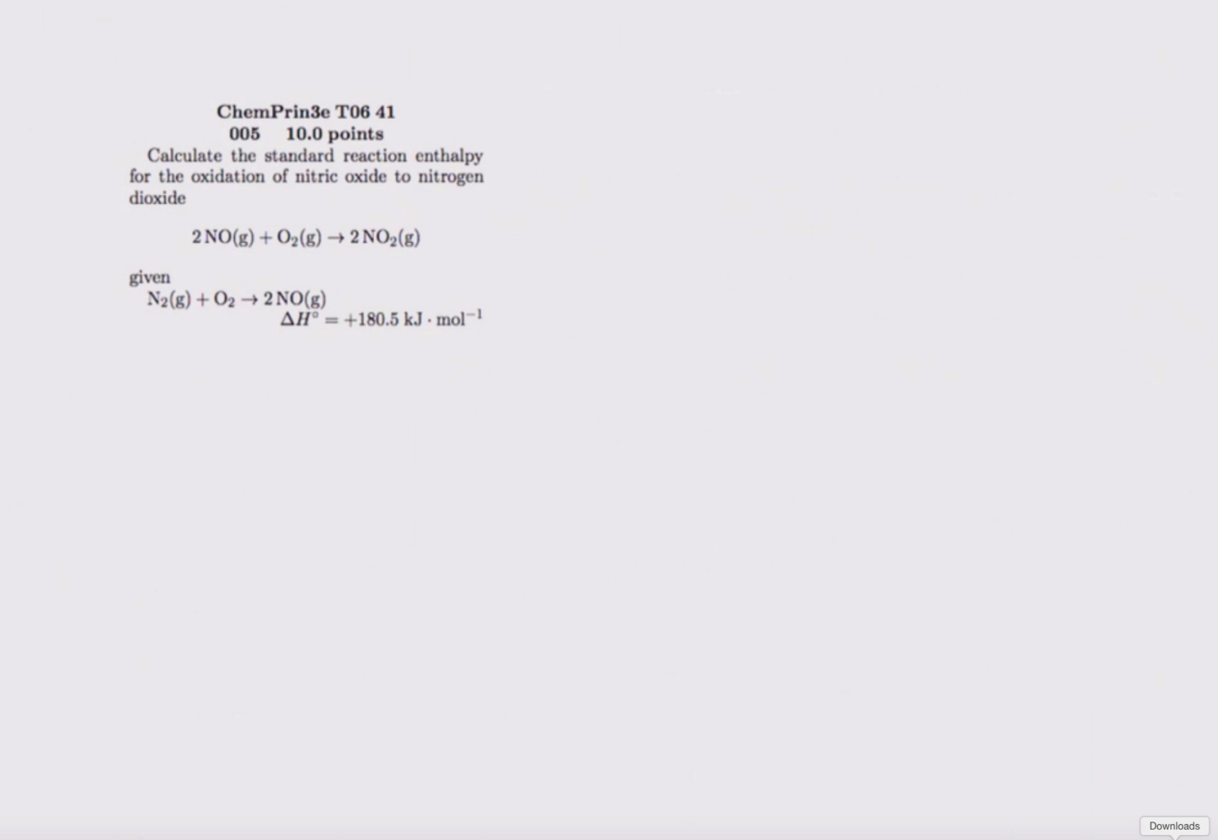Okay, so we need the standard reaction enthalpy for this one. This problem got cut off, so I'm just going to recreate the information that's missing, and then I'll give you the answer at the end when we show you how to do it. So the reaction that's missing that we were given is 2NO2 produces N2 plus 2O2 with a delta H of negative